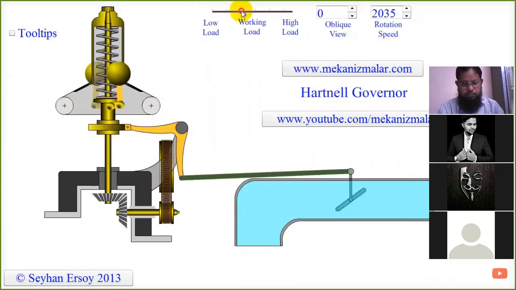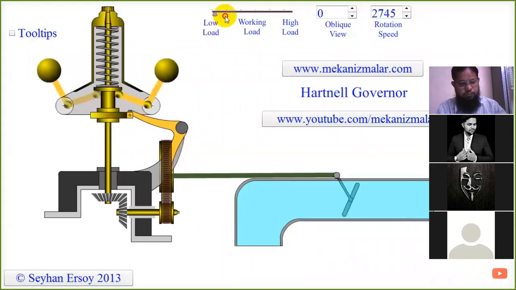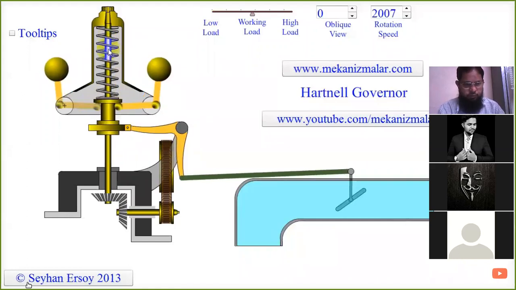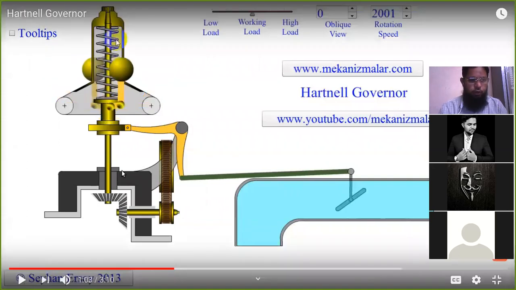A helical spring in compression provides equal downward forces on the two rollers through the collar on the sleeve. The spring force may be adjusted by screwing a nut up or down on the sleeve. Okay, now you notice this is the sleeve. Above the sleeve, what we have is a spring. This spring tension can be adjusted by this screw on the top.